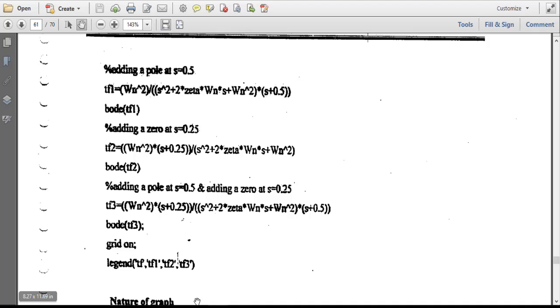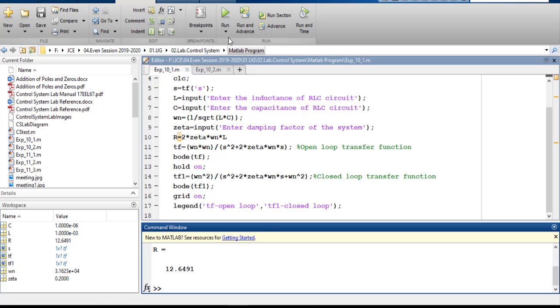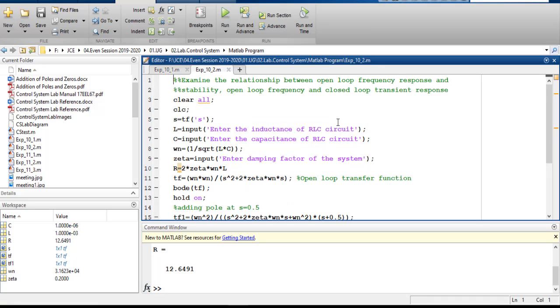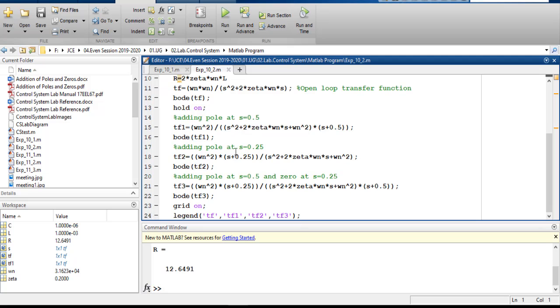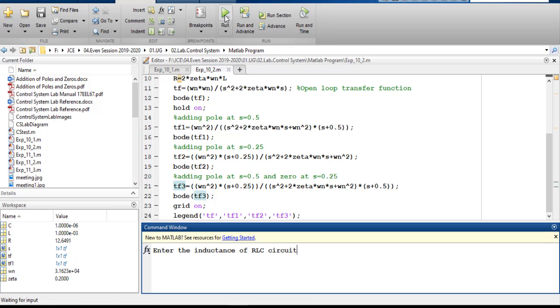So let us go to MATLAB and check for ourselves. For the next experiment, experiment 2, we are using tf1, tf2 and tf3. So let us run the program and enter the inductance of the RLC circuit.